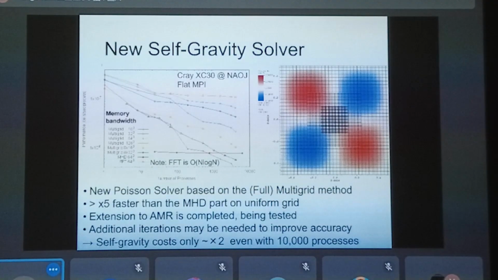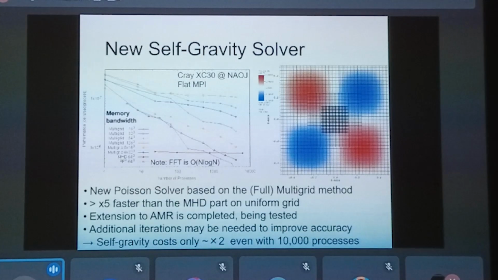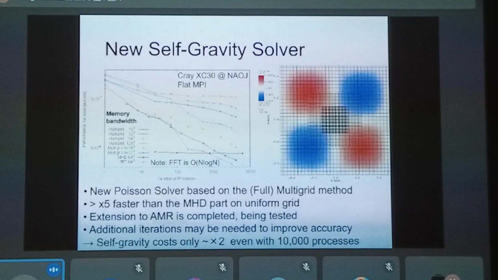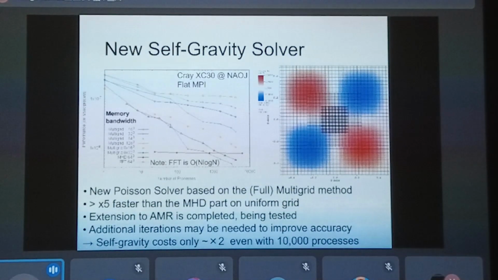So this is the performance. This left panel is the performance. The horizontal axis is the number of processes, and there are many lines using different numbers of cells per meshblock. And this red line is the MHD performance. So let's compare in the same setup.